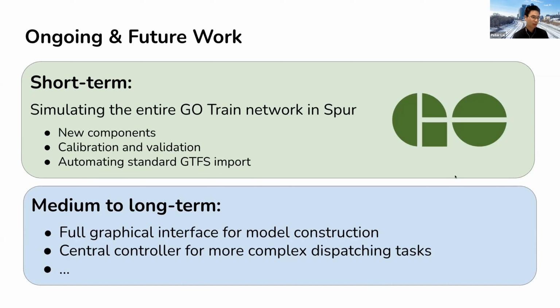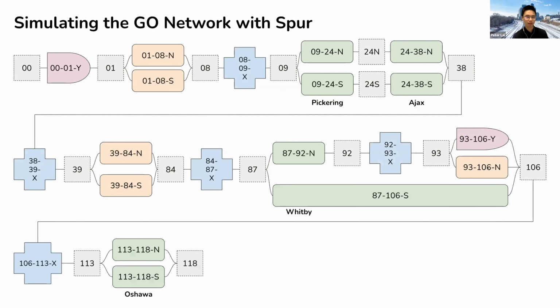I'm just going to jump ahead here and show a very conceptual example of what the Go network representation in Spur might look like. So this is all based on information in the track diagrams, and this is specifically the Go subdivision, on the eastern portion of the Lakeshore East Line. So each station here is represented in components. We have some representations of the track segments and crossovers and things like that. So all of this is in an abstracted package. So jumping back,